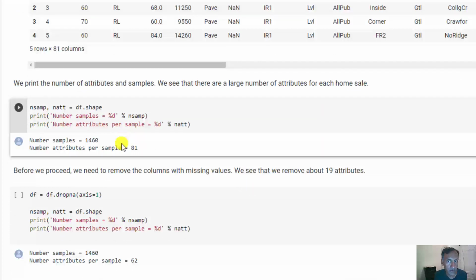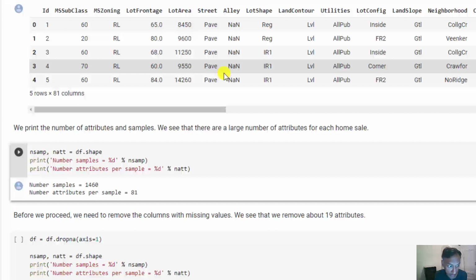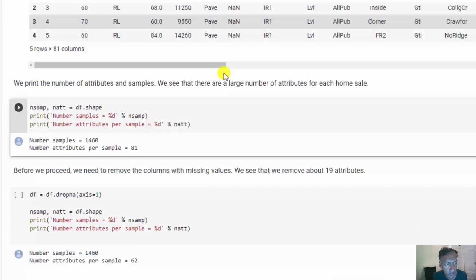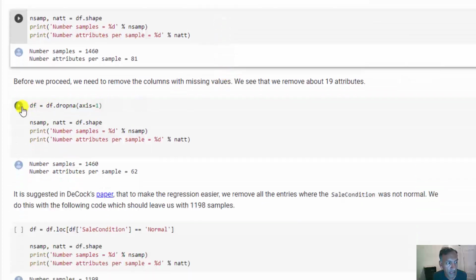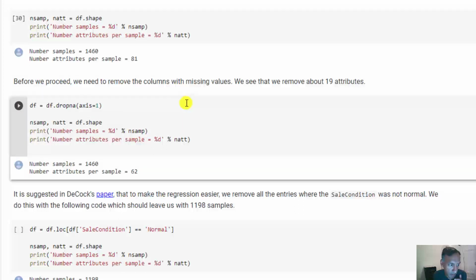features. Now, the first thing we want to do is that you'll see that some of these features have missing values. So they show up as NaN. Now, there is a lot of ways to deal with missing values, but just to make this simple, I'm just going to use this dropna command to just remove any feature where there's at least a single missing value. That's not the best thing to do because we're kind of throwing away a lot of data, but let's just do that to make it easy. And when you do that, you're down to about 62 attributes per sample, but still plenty enough to have an